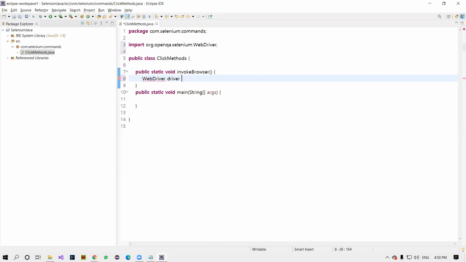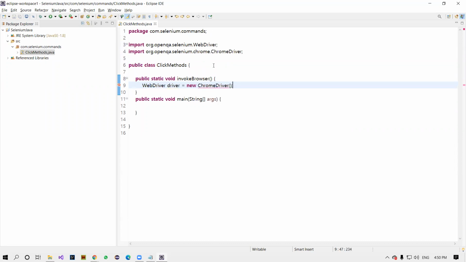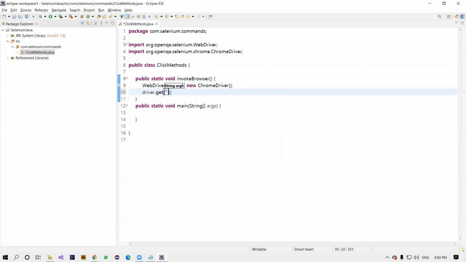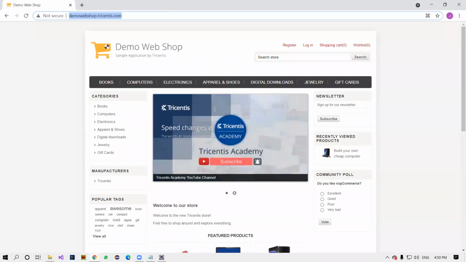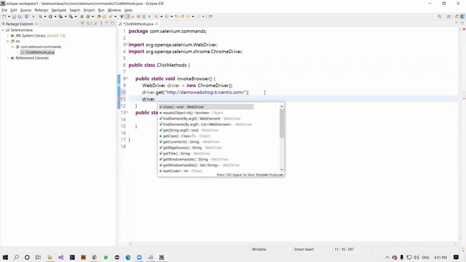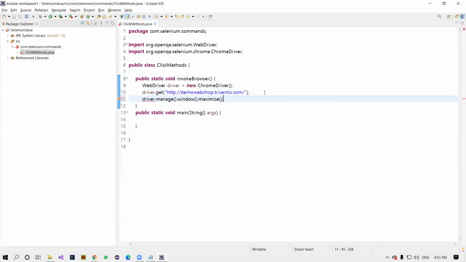WebDriver driver equals new ChromeDriver, because I want to launch the Chrome browser. Now we can say driver dot get, to get the URL. Copy this URL and paste it here. Let me also maximize it: driver dot manage dot window dot maximize.